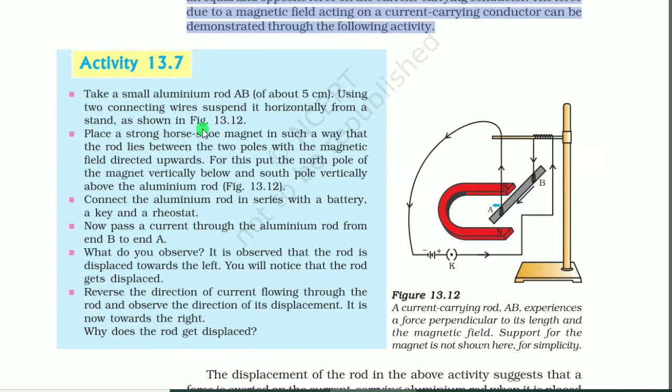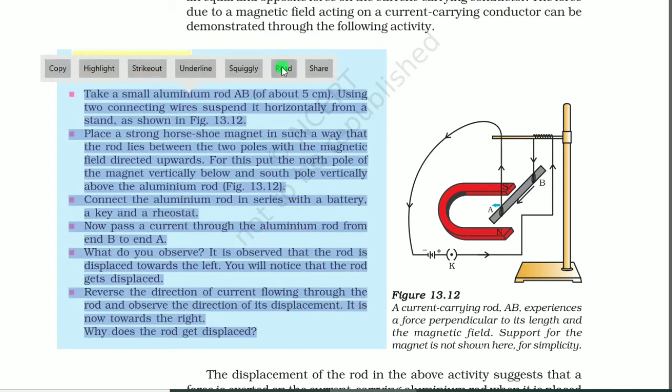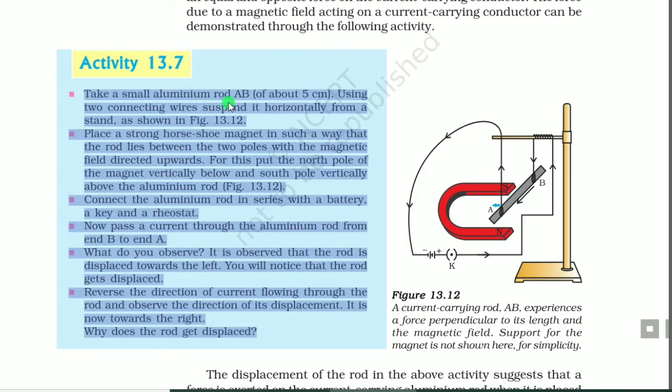Now we have to read this activity. Take a small aluminium rod AB of about 5 centimeters. Using two connecting wires, suspend it horizontally from a stand, as shown in Fig. 13.12. Place a strong horseshoe magnet in such a way that the rod lies between the two poles with the magnetic field directed upwards. For this, put the north pole of the magnet vertically below and the south pole vertically above